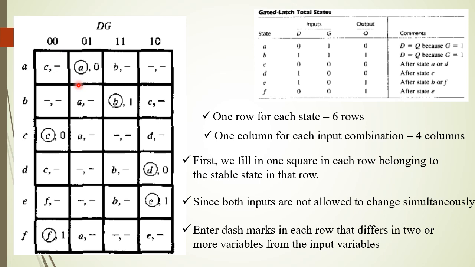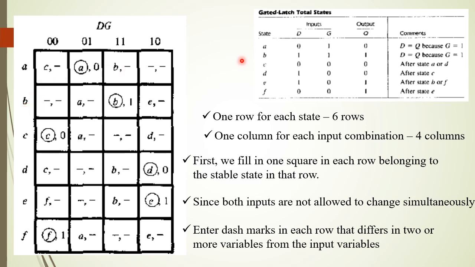But all those entries will be an unstable state condition. That is, C can occur after A or D. So after A, when the input combination is 0, 0, we can move to state C because state C is 0, 0. So from 0, 1, it can change to 0, 0 called as state C, but output is not specified. Likewise, state B can happen after state A when the input is 1, 1. So we make an entry in the third column as B, but output is not specified.